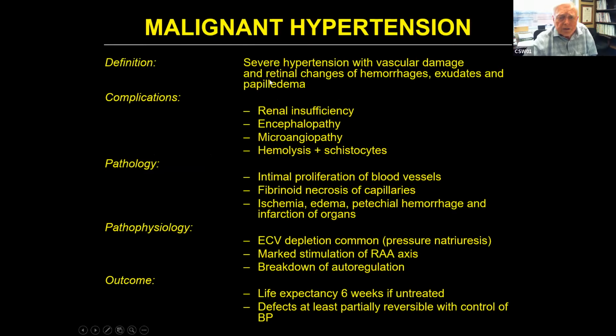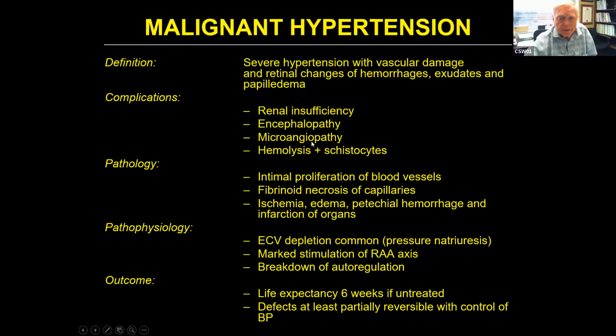So please do not make a diagnosis of malignant hypertension without looking in the eye. And look yourself and call the ophthalmic team to come and dilate the eye and look in and be sure, because that's a critical part of the